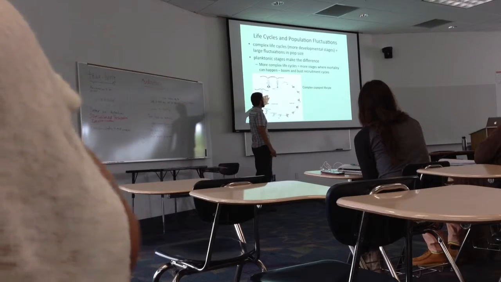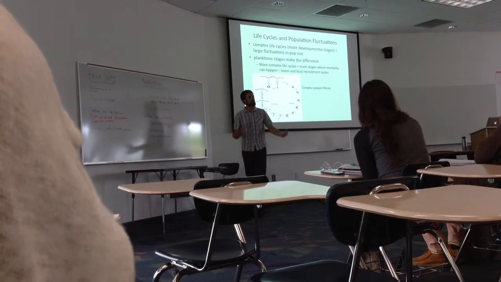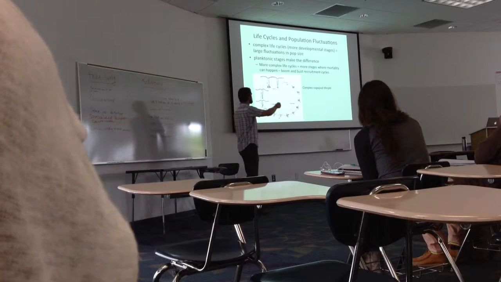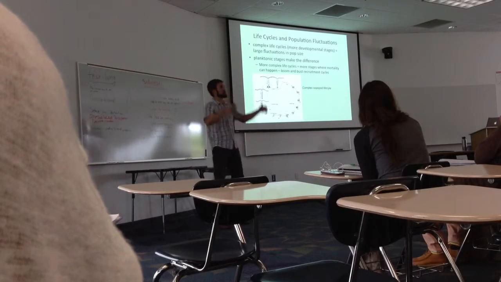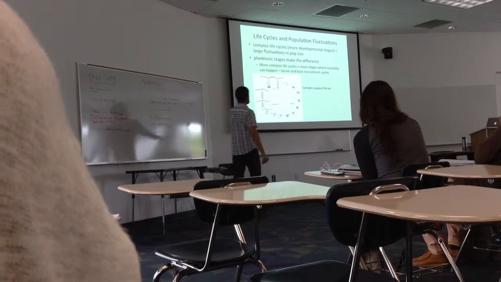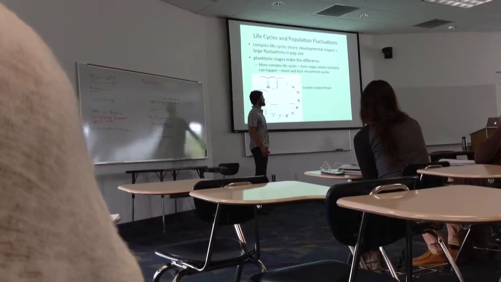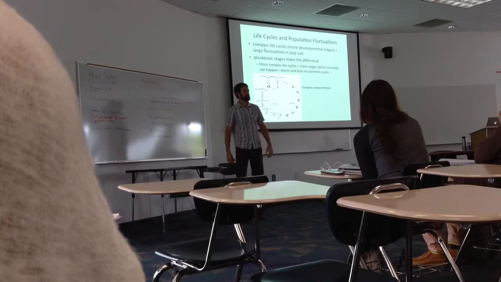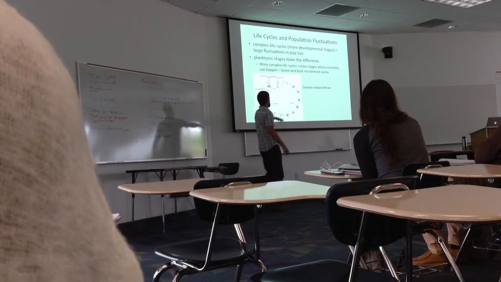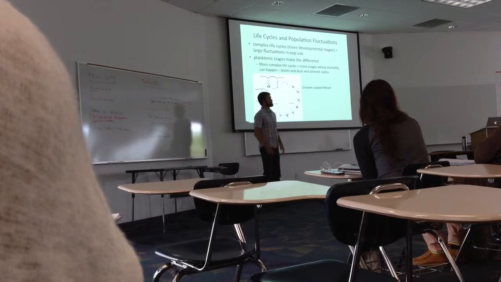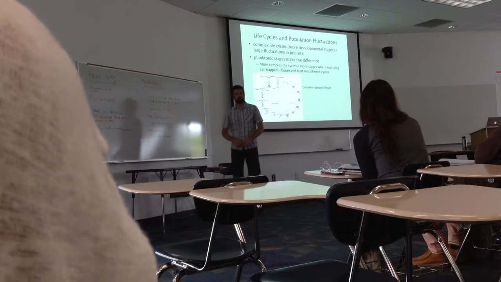So these more complex life cycles of marine invertebrates, the more complex you are, the more likely that you're going to have boom and bust recruitment cycles, which means some years are going to be great because all the types of food that your larvae need are there, and you're going to recruit in gangbusters. In other years, you'll have almost zero recruitment because one or many of these stages not going to have enough food around for development.